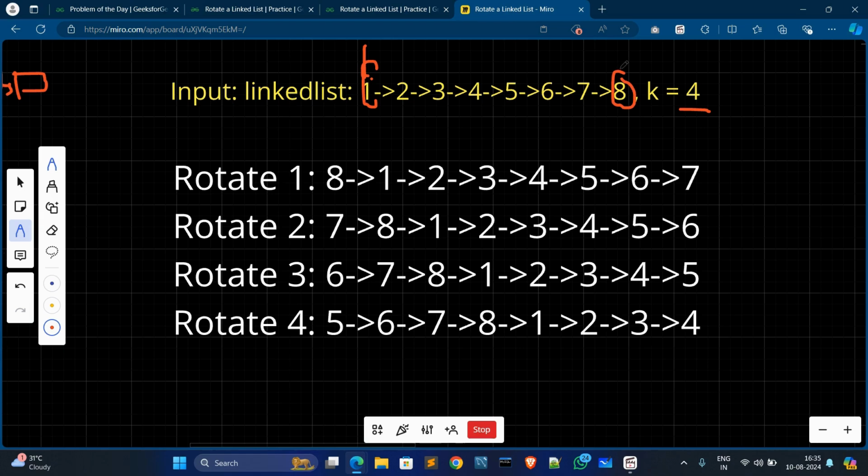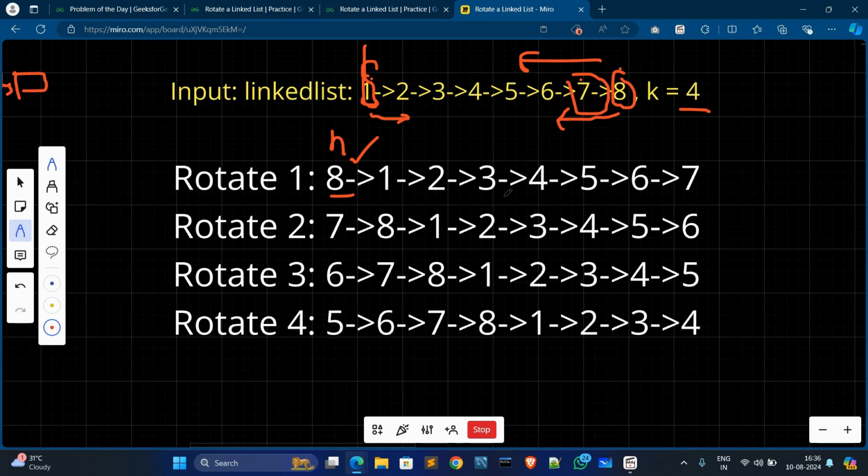Now this 8 will come to the first position. So this is now the head node, and this one will go to the second position. We are moving this to the left side, from the right. So it will first come to the head node, and then this one moves to the left position, to here, and this 7 will come over here. Now this 7 is the last node.